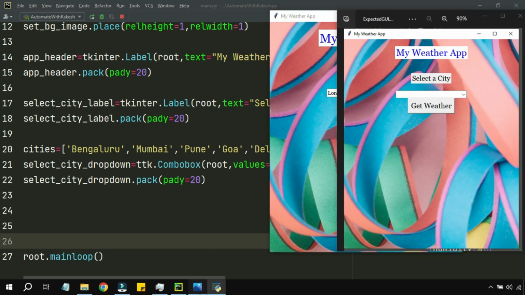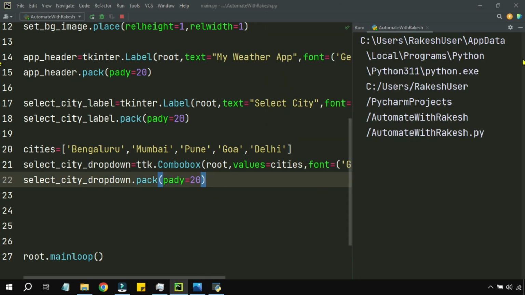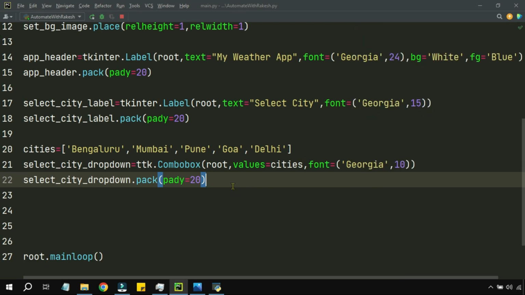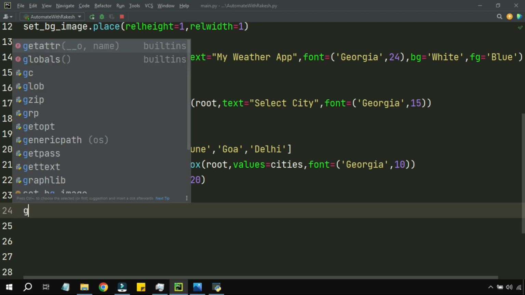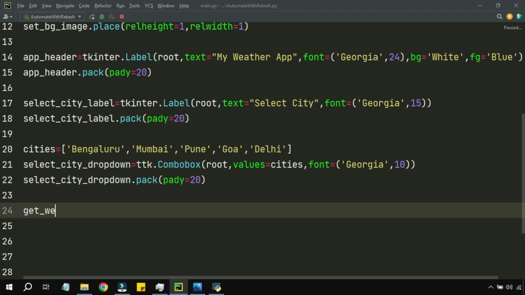The next thing in our list is to create this get weather button. So right now we have created a drop down. We understood how to create a label, how to create a header. Now we will create a button. To create a button, it's again simple. All I have to do, so the button name will be get weather, right? So I'm saying get weather